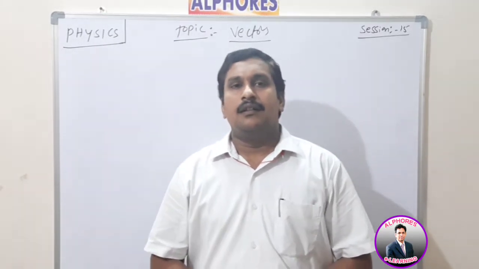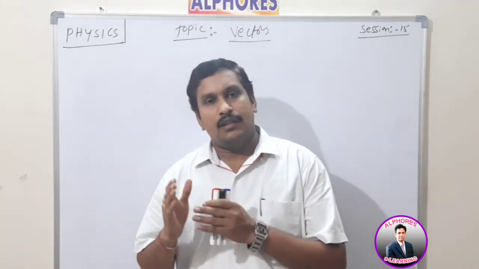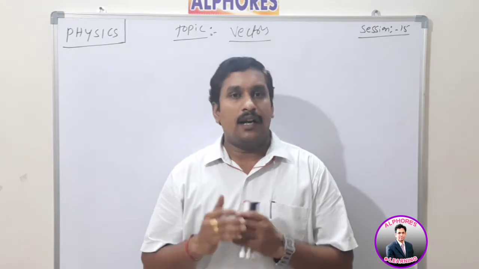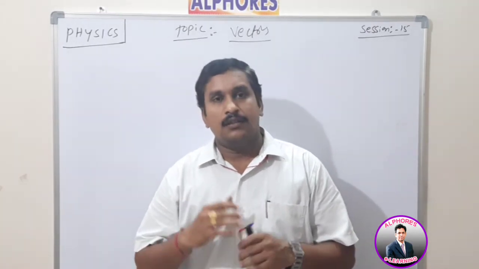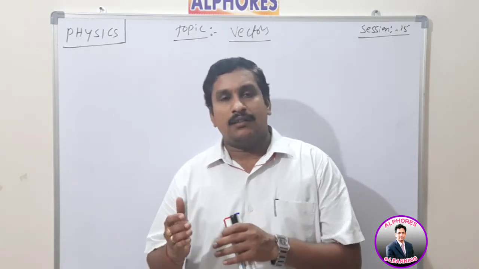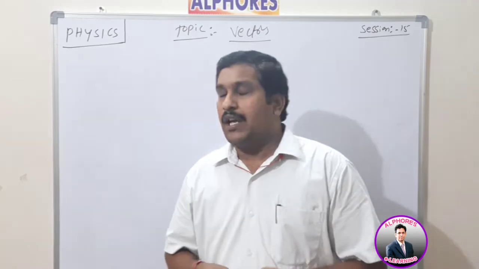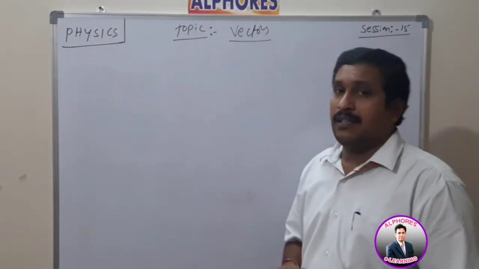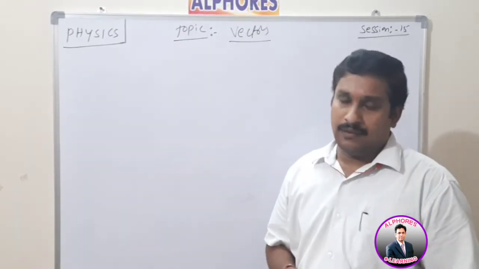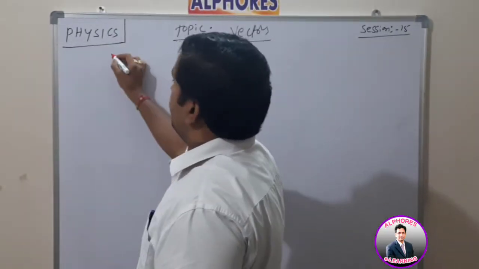Now yesterday we learned about the problems related to the triangle law of addition of vectors, and after that I have to go with the polygon law of vectors also. So after the polygon law of vectors, I have to discuss one problem about the polygon law again. Today I have to discuss the problems which are related to the polygon law. After that I have to explain the concept of the tangent law also. Okay, listen carefully. I have to give one problem again based on the polygon law.